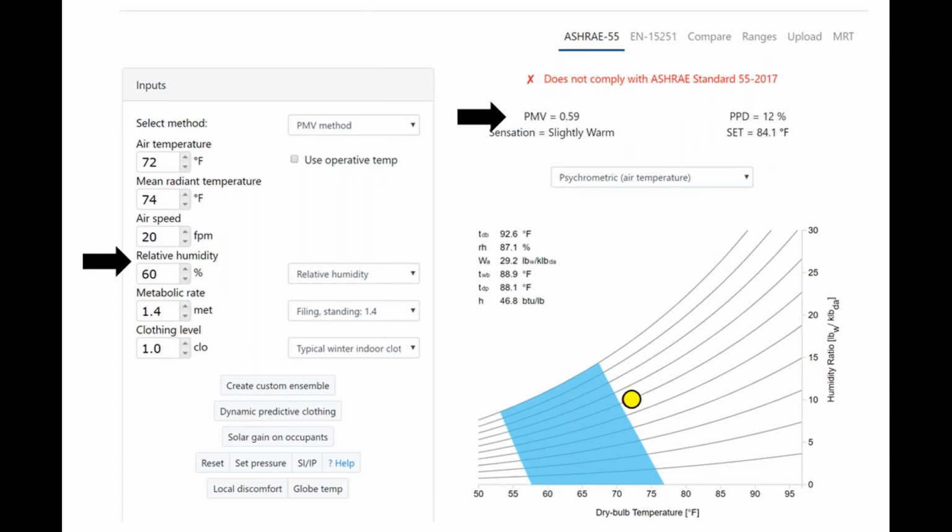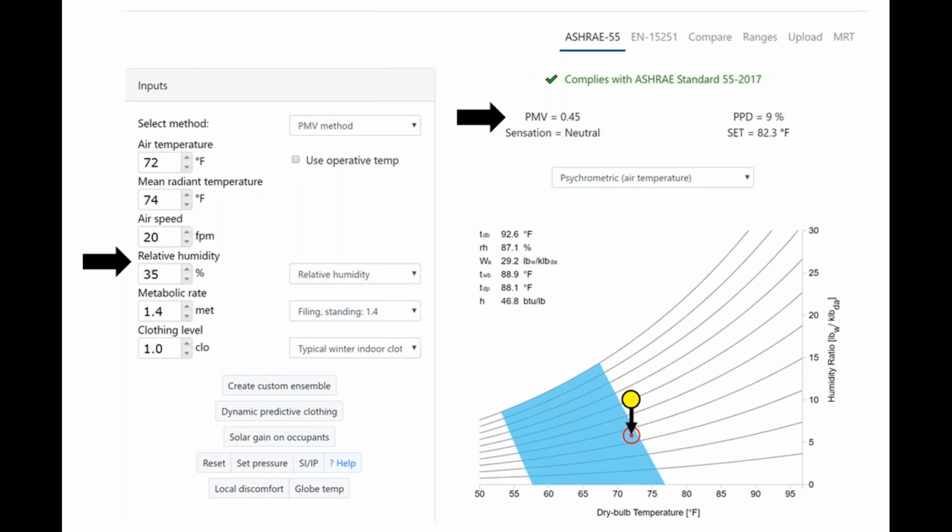So here's where relative humidity can be evaluated. We have a case here with these conditions. 60% relative humidity is not in compliance with the standard. A big part of that has to do with the metabolic rate, a very large metabolic rate, filing, standing, wearing some winter clothing in the space. If we can drop the humidity down to 35%, from 60 to 35, we'll be in compliance with